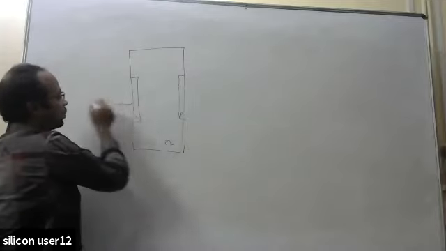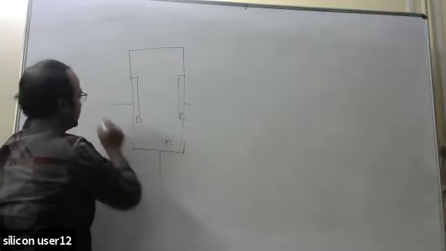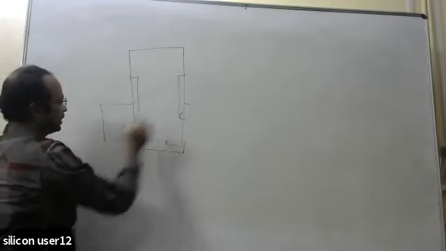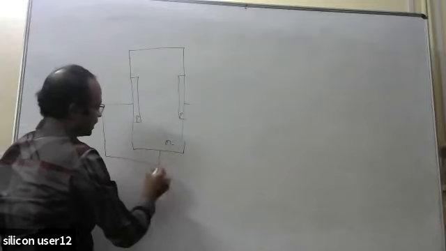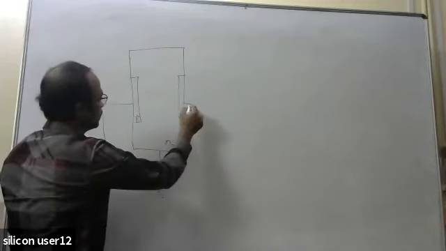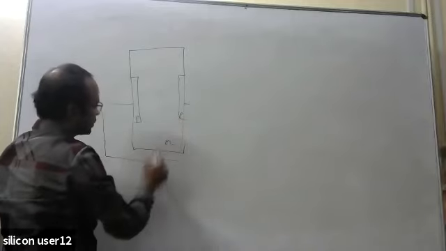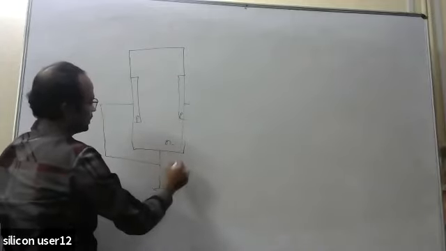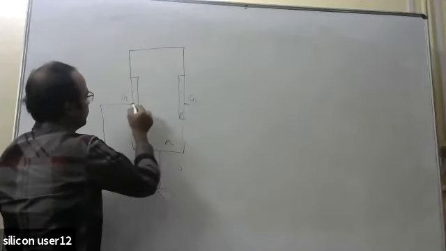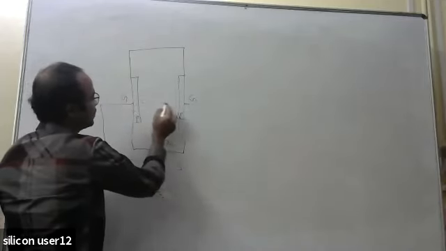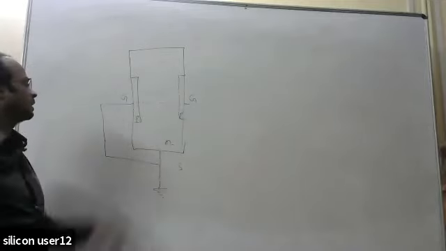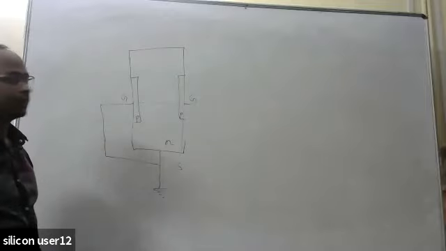Then we are applying one particular voltage. Initially, let us say the gate and source are shorted. This side is your source, it is grounded. Both the gates are connected, and that is connected to the source also. So this is your source, this is your gate terminal, this is your gate terminal. Both the gates are shorted and connected to the source. That means we are directly applying VGS equal to 0 here.